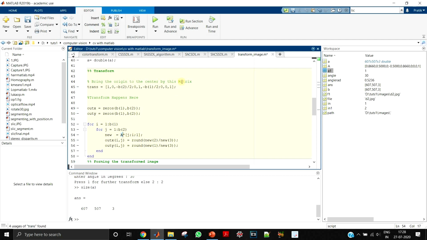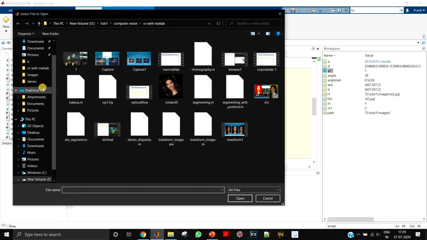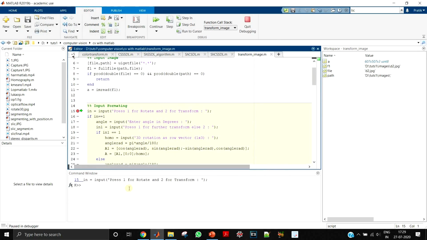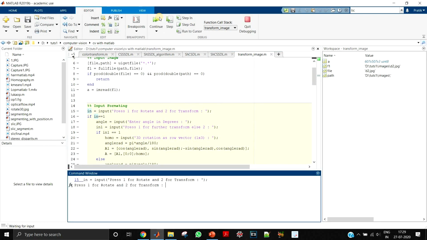So now I have removed the trans from the code, and let us see the 3D rotation. How is the 3D rotation? Oops, there was this breakpoint over here. Right, so it asks me for a rotation or transform. So let me say 0 rotation, and I want to do a 3D transform.